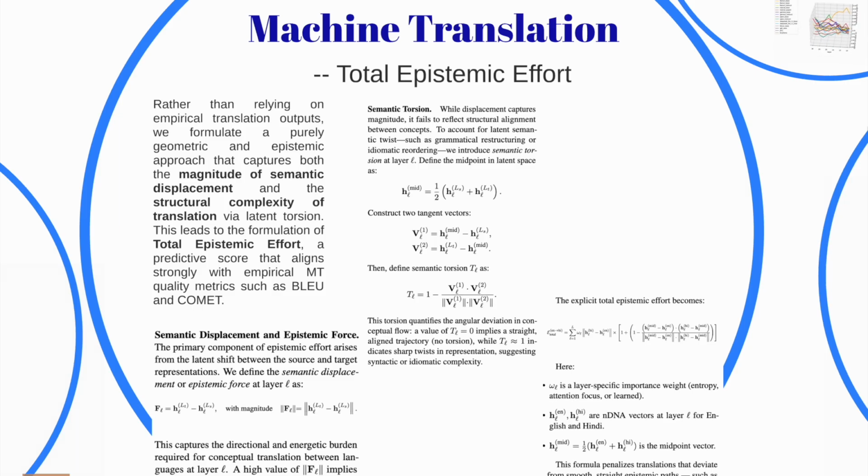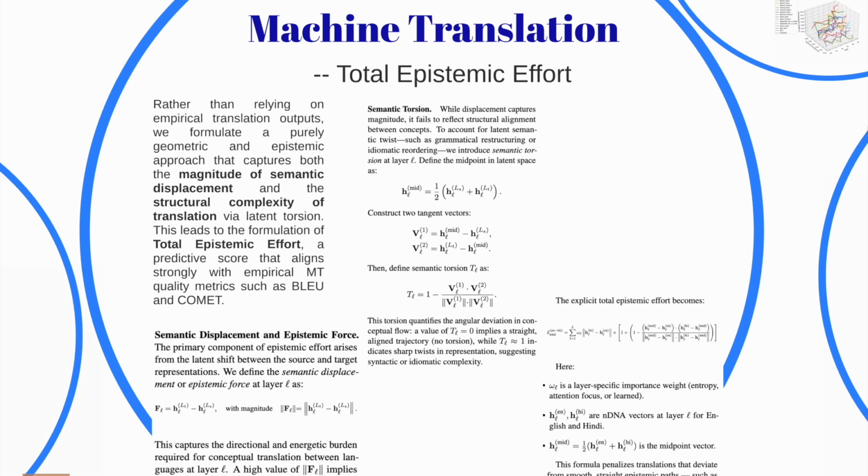To get the total epistemic effort, we then sum across layers a displacement term multiplied by a torsion amplifier. This produces a single score, total epistemic effort, that is low for smooth, well-aligned transfers and high when the model must both bridge a large gap and untwist misaligned paths. Let omega sub L be a layer weight. Define E total as the sum over layers of omega sub L times d sub L times 1 plus t sub L. In practice, the total epistemic effort score tracks metric quality, BLEU, COMET, CHRF, without generating translations, and it